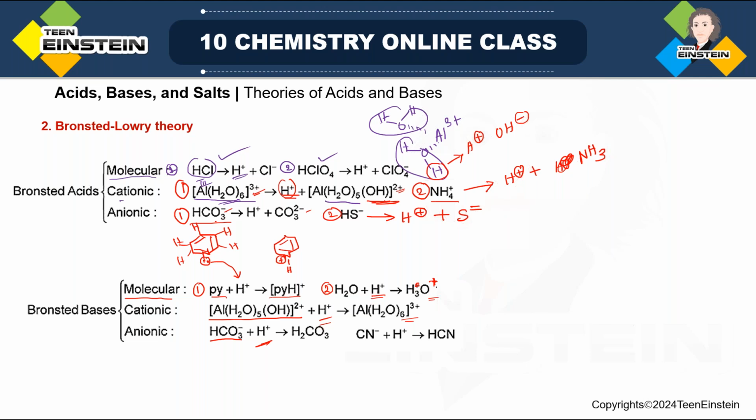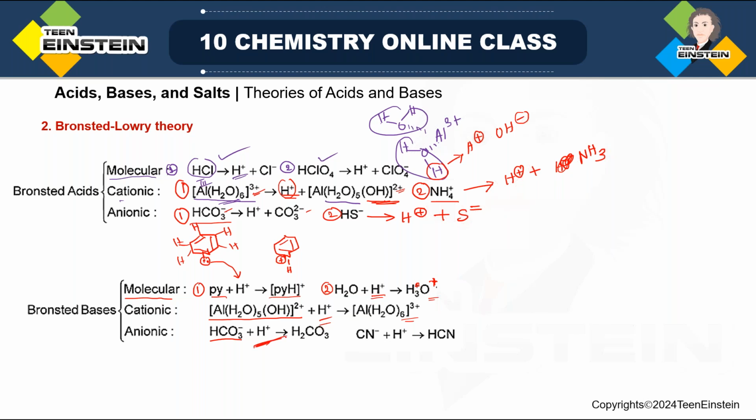So see, this is very interesting. HCO3 minus, when it is donating H plus, you are calling it Bronsted acid. When it is accepting H plus, now you are calling it Bronsted base. So basically it can act as Bronsted acid as well as Bronsted base. And that depends on what is the nature of the other species. So what I am trying to say,